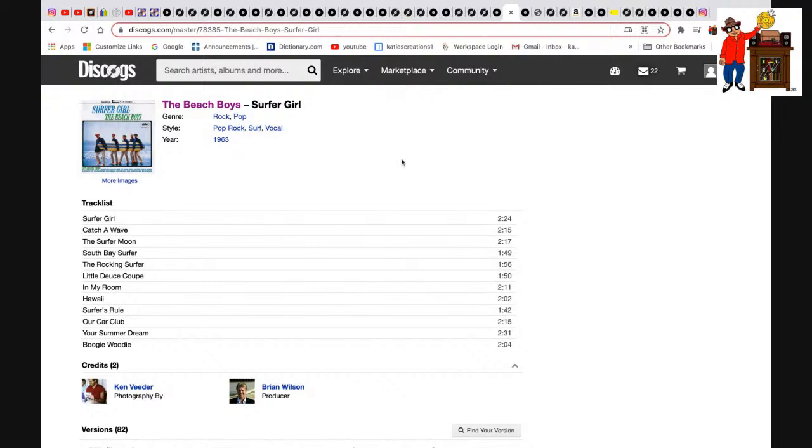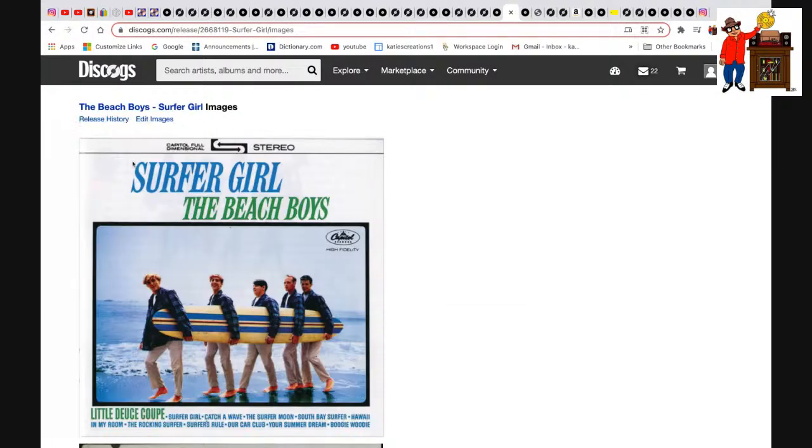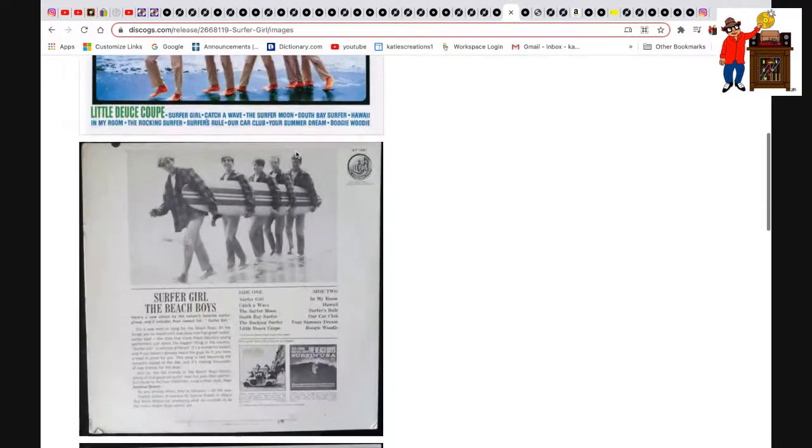Now, let's talk a little bit about the Beach Boys. We all love the Beach Boys, and they really have made some great music in the 60s. Now, this is Surfer Girl, and I wanted to show this particular record because you'll see that this one here is the stereo pressing. I mentioned this a little bit earlier,